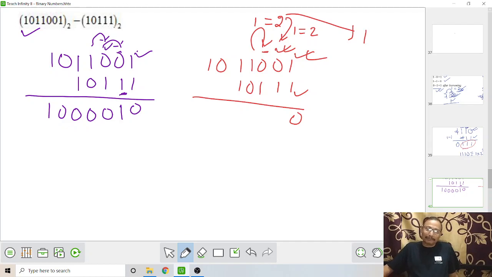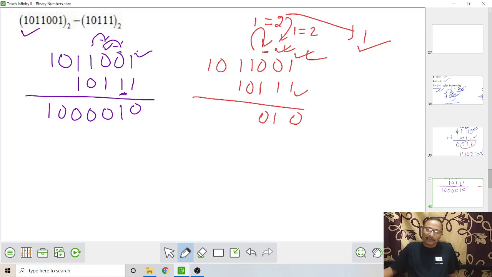So here we will feel that here we are having 2, here we are having 1. So 2 minus 1 gives us 1, and here we are having this one. So 1 is to be subtracted from this one, so it will give us 0, and this became 0 after giving the carry. So here we are seeing that there is 0, so 0 is to be subtracted from